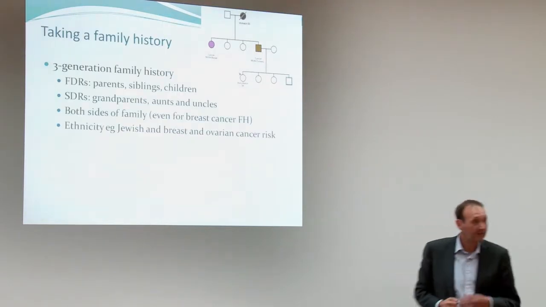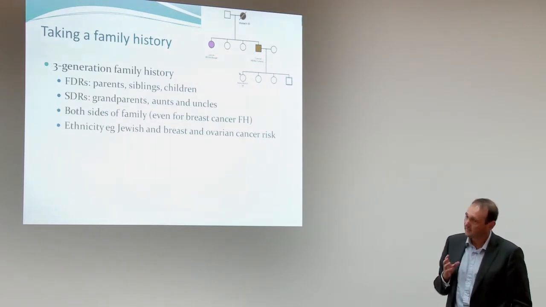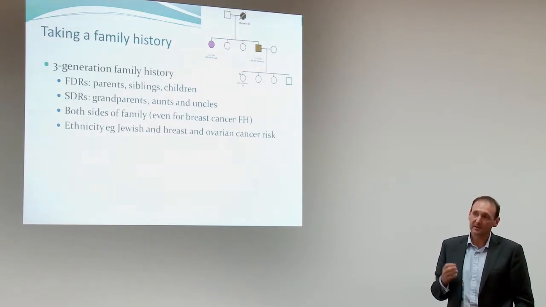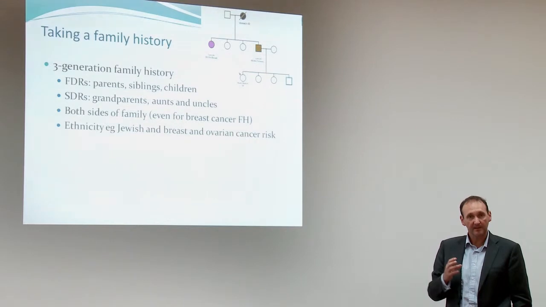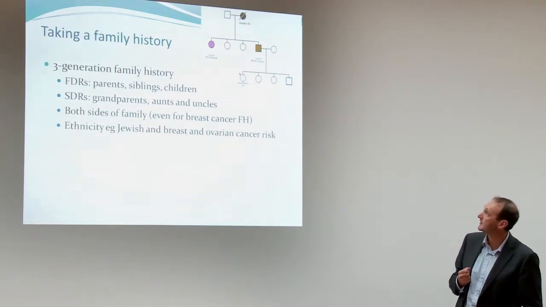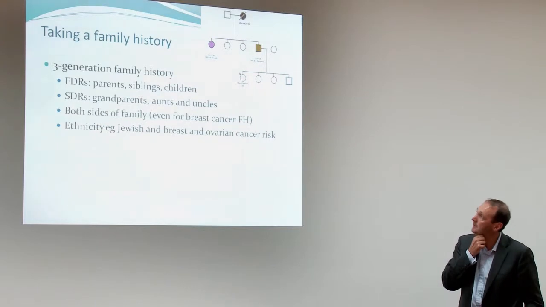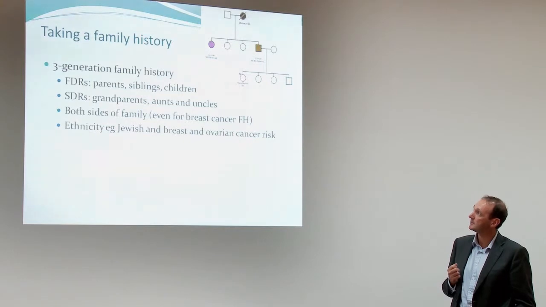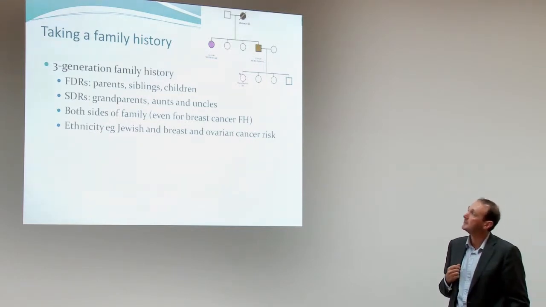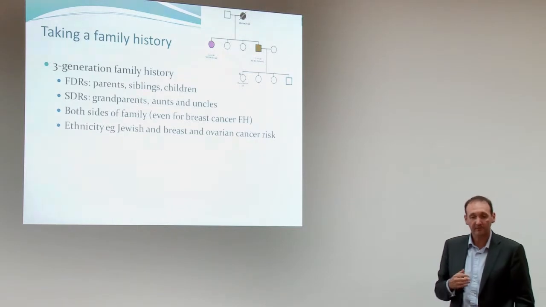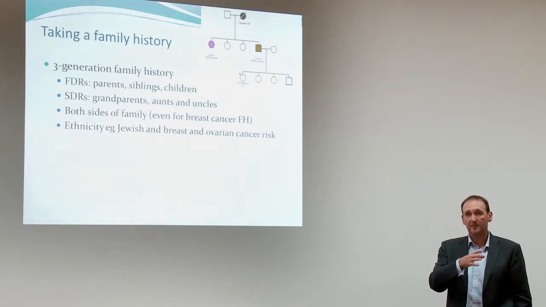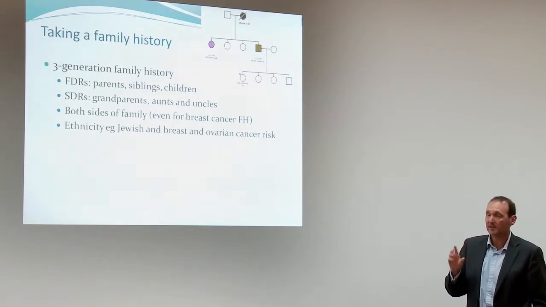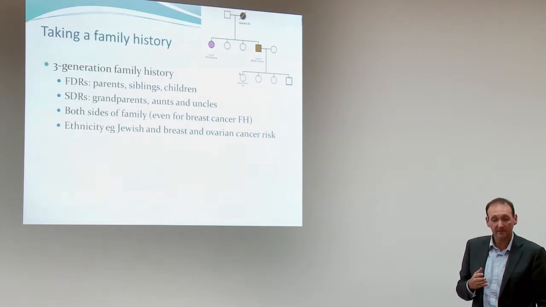So, in terms of taking the family history, this is the really important part of this. This is just a screening tool, and in order to categorise people into a finer level of detail about their risk, they need a 3-generation family history taken. So that is all first degree and second degree relatives, so grandparents, aunts and uncles, on both sides of the family, and that's particularly important even for breast cancer. Breast cancer can be inherited on the paternal side as well, and so a complete 3-generation pedigree on both sides of the family, including issues of ethnicity.